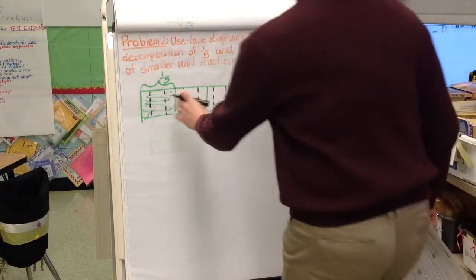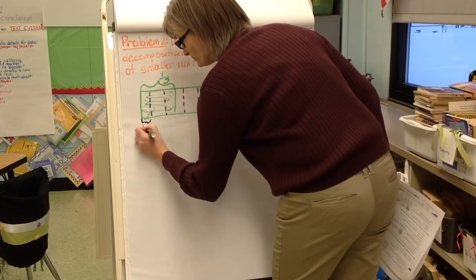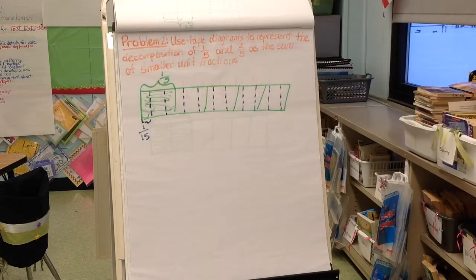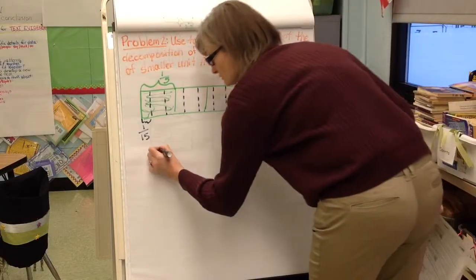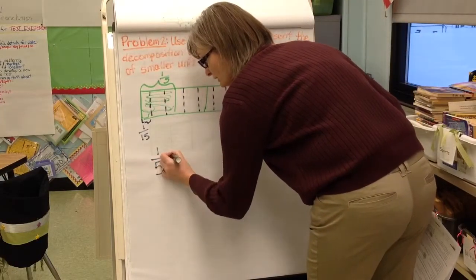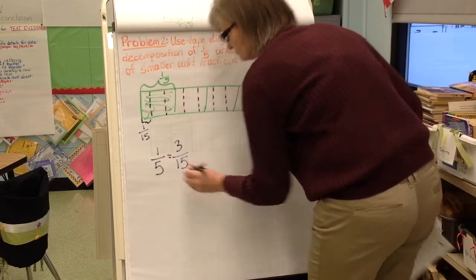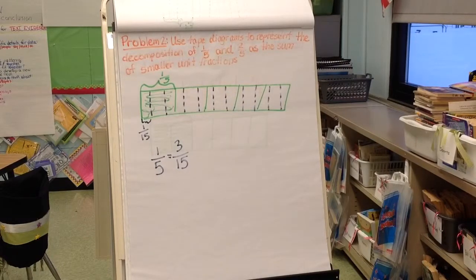What fraction does each one of these represent? Each one of these represents 1/15. So how many 15ths does it take to make 1/5? So let's see, 1/5 equals 1, 2, 3 15ths. Okay, so we can say 1/5 is 3 15ths. They're equal. So let's write some number sentences,